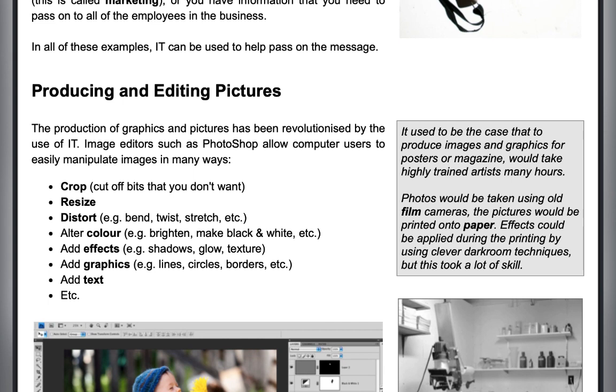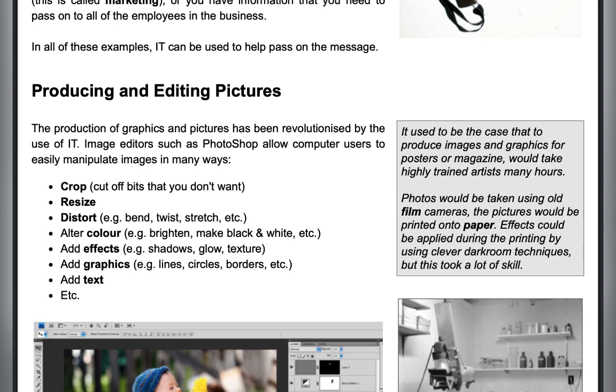Now let's take a look at producing and editing pictures first, because sending images, graphics and videos are today's way of communication, an easier way of making people know about what we have, what we are doing. Many companies, when advertising their brand now, use videos and advertise with YouTube. YouTube itself is an information technology. So you make a video to advertise with YouTube, or pictures to advertise on other platforms that involve ICT or IT.